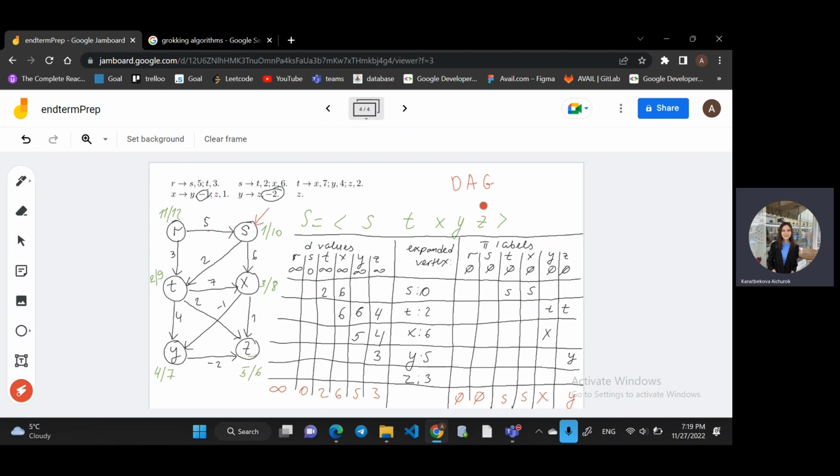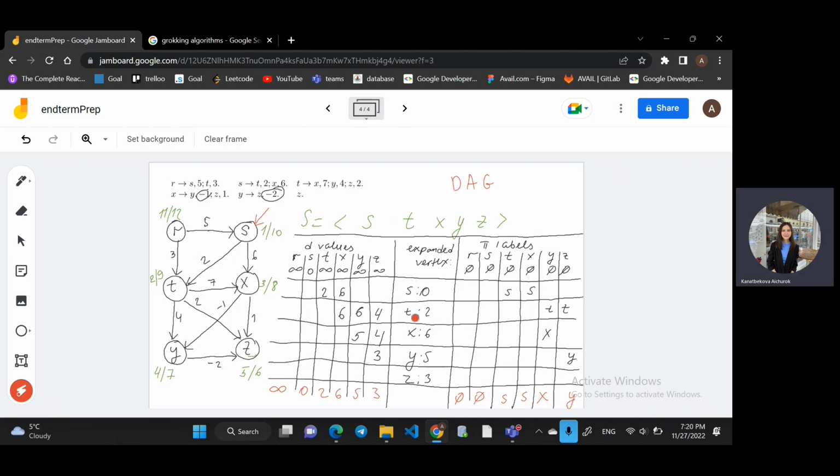But in case of the single source shortest path algorithm on DAGs, you follow this order. So you expanded it, you found its children, you set them here, you set them there, and as the second element you choose t, so t is here,